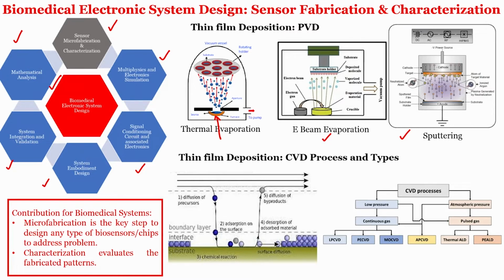Then we have seen another part of the thin film deposition which is called chemical vapor deposition, and in chemical vapor deposition you have seen several different kinds of chemical vapor deposition. Some of the things are discussed in this course, some of the things are not. If it is not discussed in the course, please look into the several books. It is already given in the reference list. You can look in Google, you can look at the previous courses in NPTEL which talk on sensor fabrication, which talk on clinical perspectives, which talk on op amps, right, and you will see that in some courses, thin film deposition courses, there will be talking about